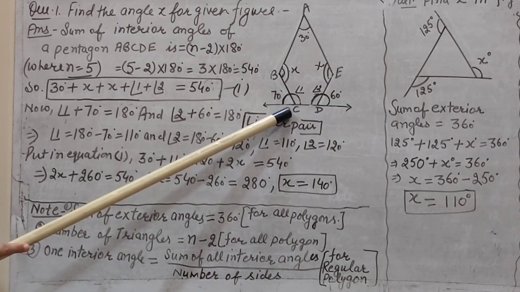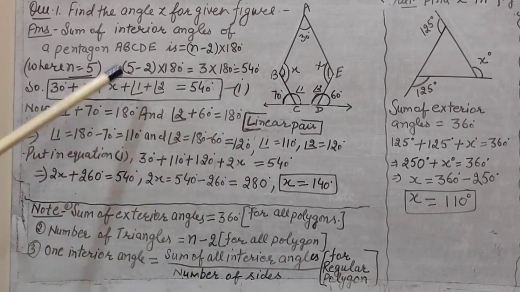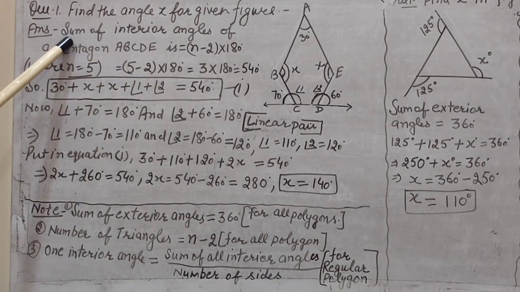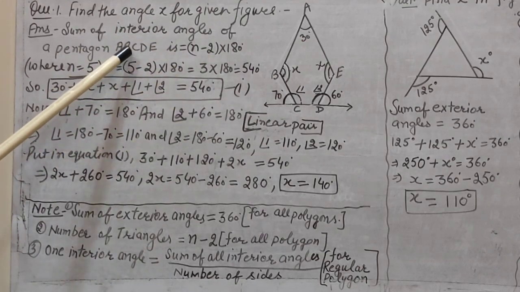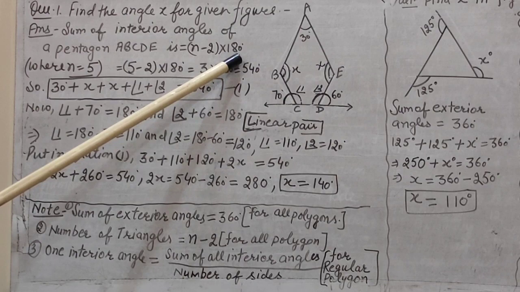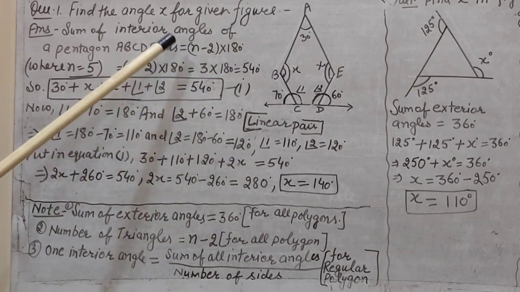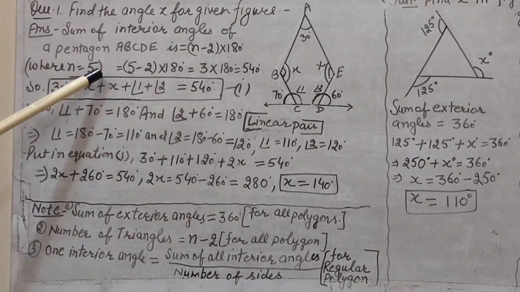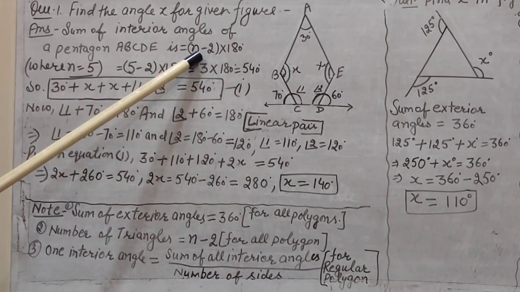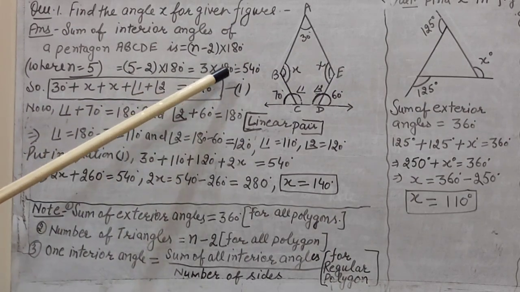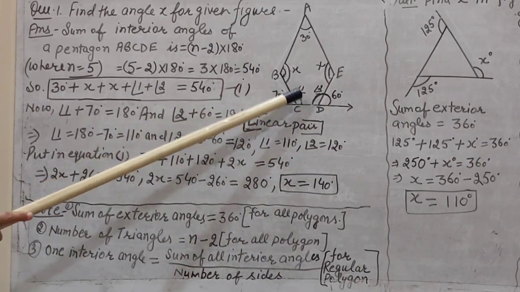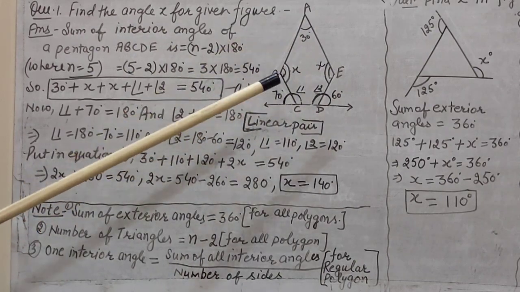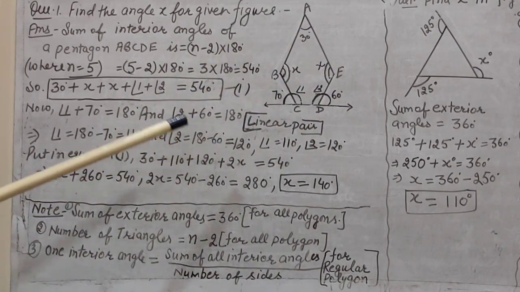The first angle at C is... start from this, you can write down the first formula of the sum of interior angles. Sum of interior angles of a pentagon ABCDE is (n minus 2) into 180. Formula is same for all the polygons, where n is equal to 5. Now put the value of 5 in this formula: 5 minus 2 multiplied with 180. That is 3 multiplied by 180, we get the answer 540 degree. So the sum of interior angles, that is 5 angles in the interior of a pentagon, is 540 degree.